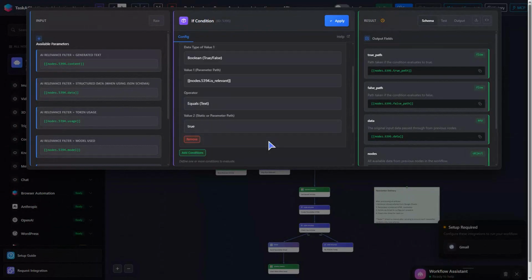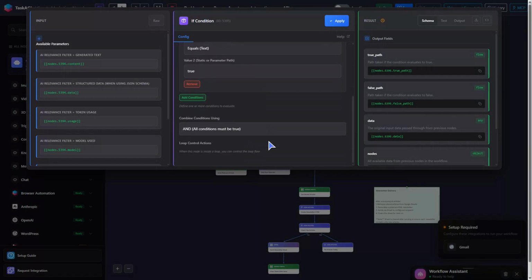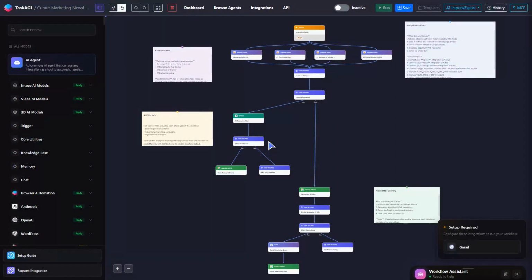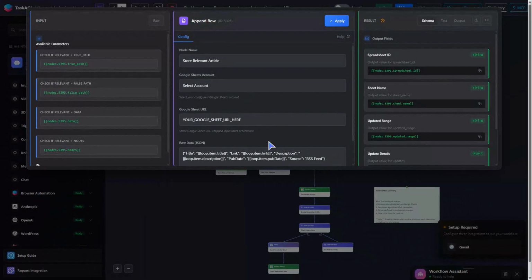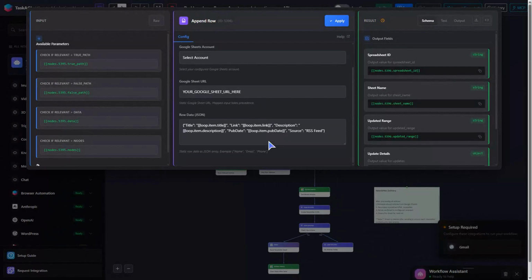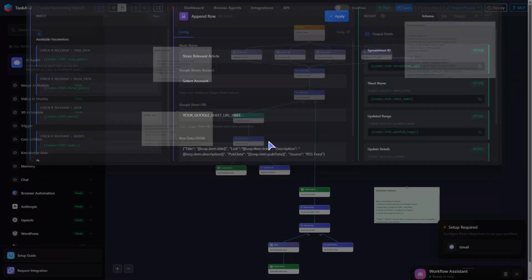This node appends each relevant article to your Google Sheet, automatically capturing the title, link, description, published date, and source so you have a centralized repository of curated content. This node stops the workflow and logs a skip message when an article isn't relevant to marketing, preventing unnecessary processing